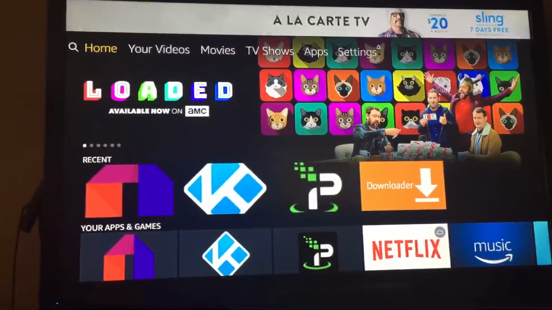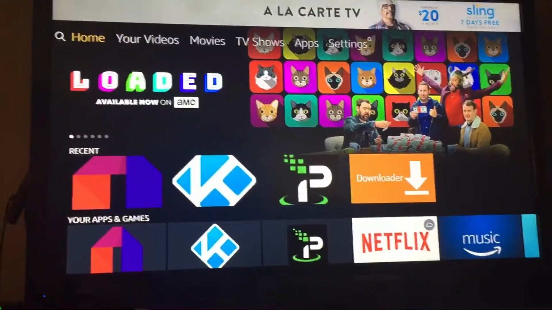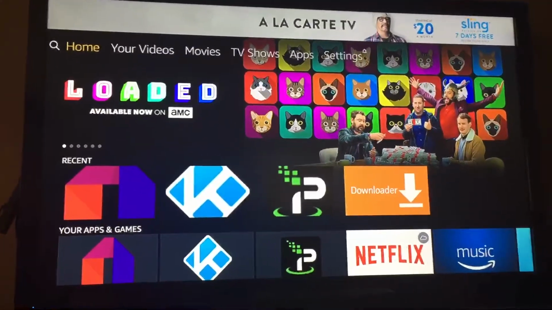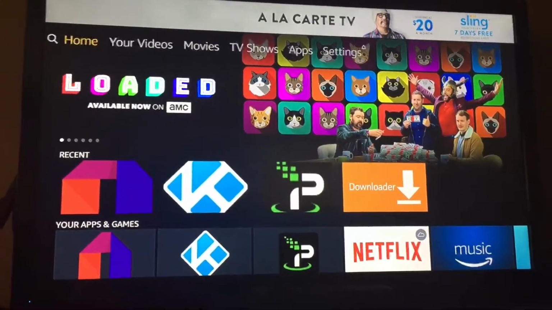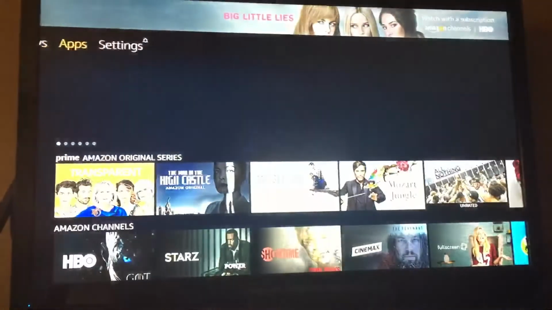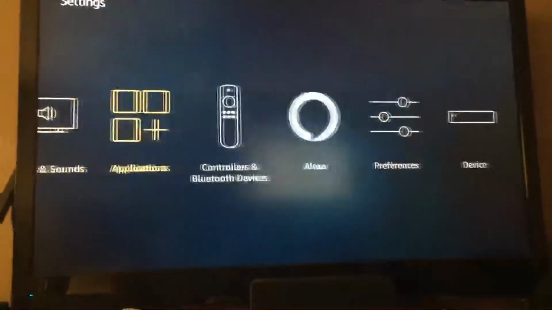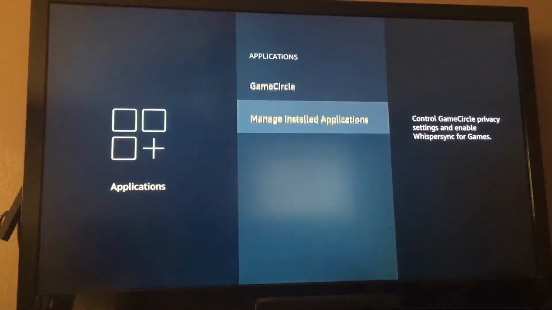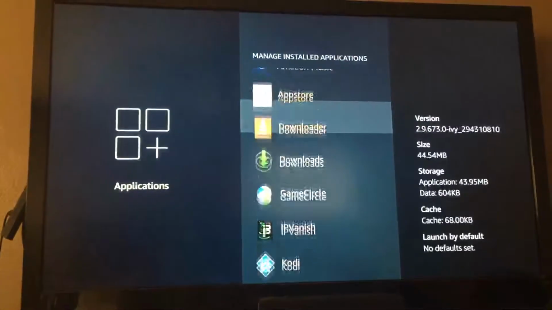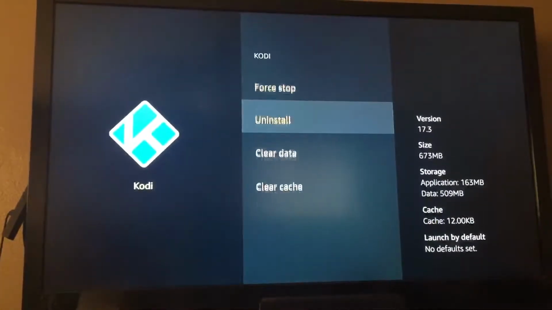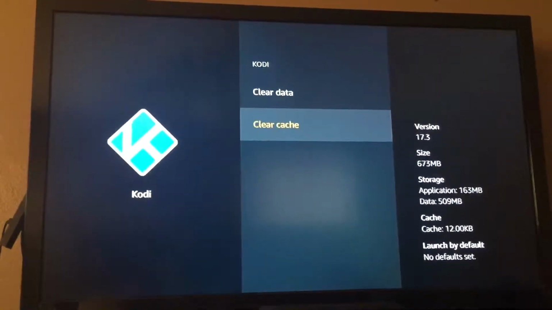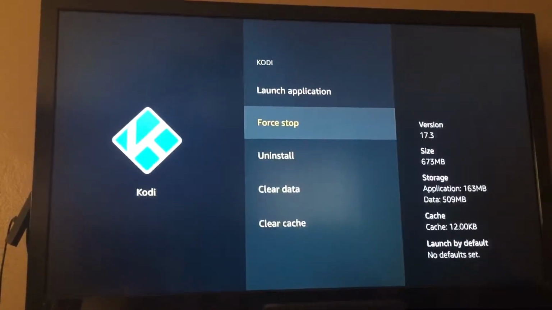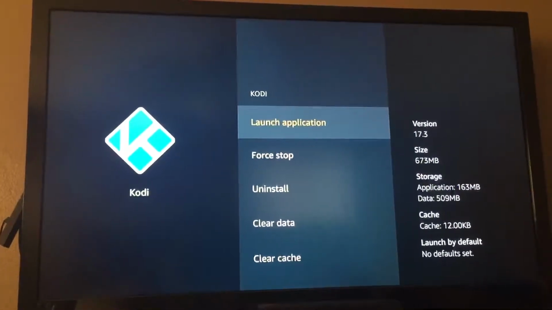Now every time, the first time for that day I run Kodi, I want it to run clean and smooth and new. So before I launch Kodi for the day, if I didn't watch it since like yesterday or something, first thing I do is go over to settings, go over to application. I do this every day when I first start using it. Go down to manage installed, then I go down to Kodi. I hit clear cache, then I go up, never hit clear data ever, then I hit force stop, and then I just launch it